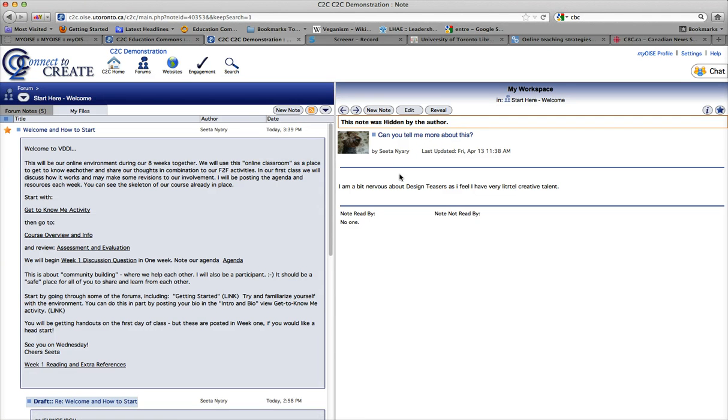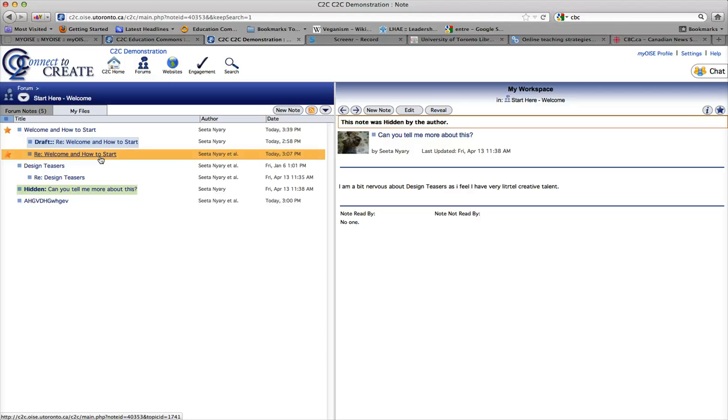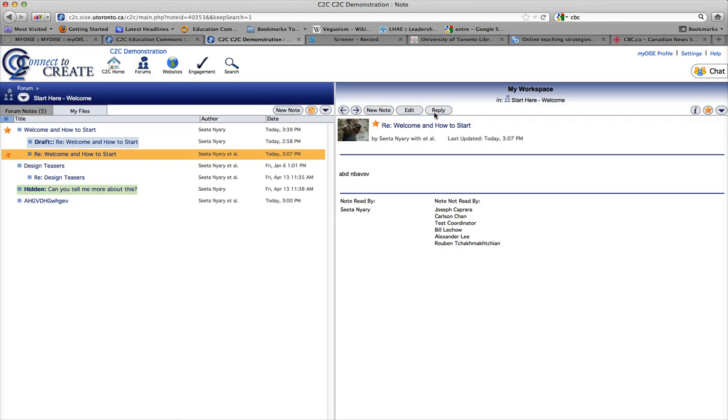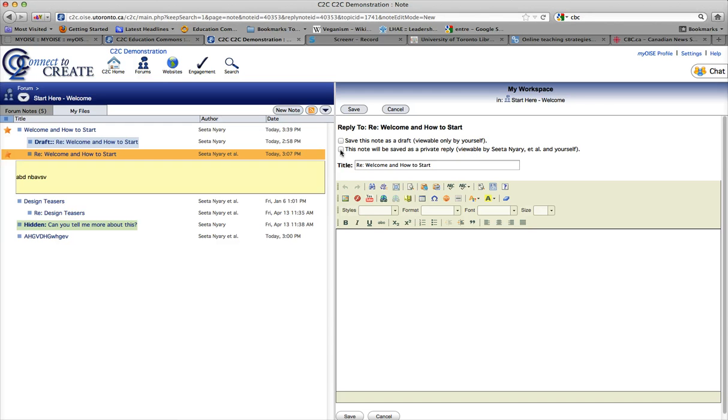Okay, now one more little thing that might be very, very handy. I am going to just go back to our note list to make this easier. If I go to any note and wish to reply, there's one other little feature that exists, and that is about saving a private reply. If we check this when we first initiate it, that basically replies to the author. Now, if it's a co-authored note, it would save that private reply to everybody in that note. If I type this and whatever it is I want to say and save it,